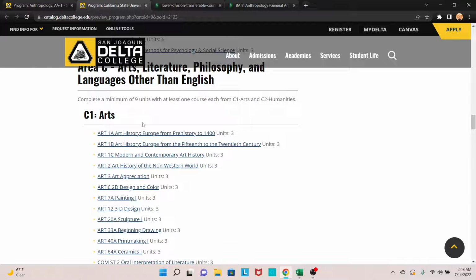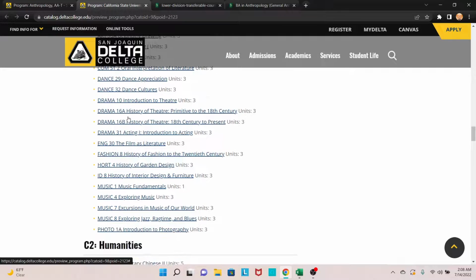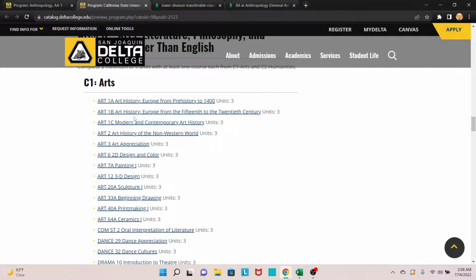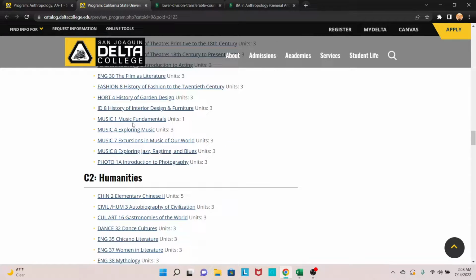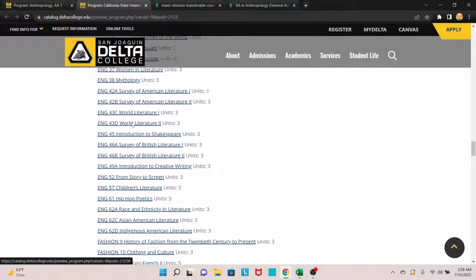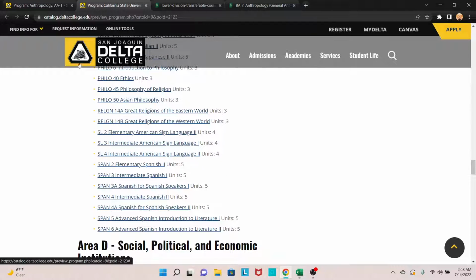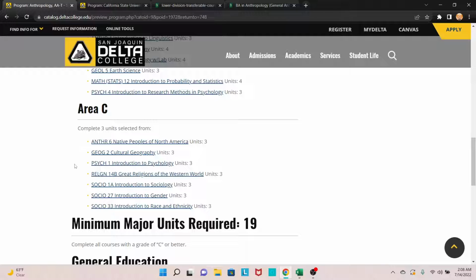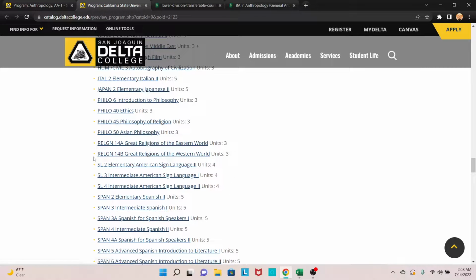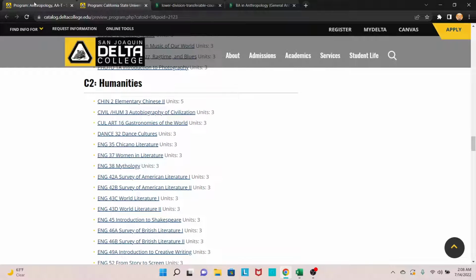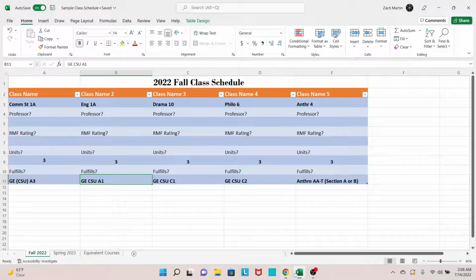So we need one more class from either C1 or C2. Music, drama, art, comm studies 2, and a few dance classes, and then this one has a lot of English, foreign language, philosophy, religion. Let's scroll through here. Okay, this one wants religion 14B, and religion 14B is within the C2 section. So let's add religion 14B to the list, since it fulfills